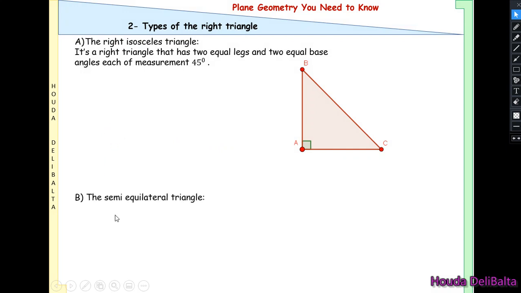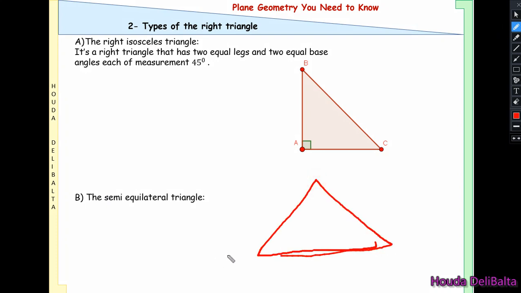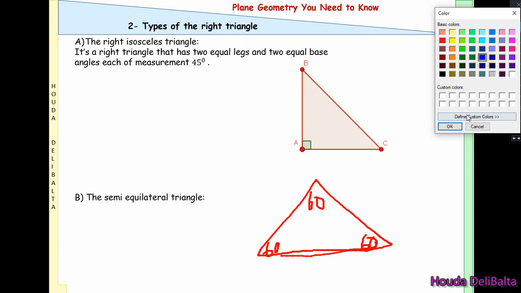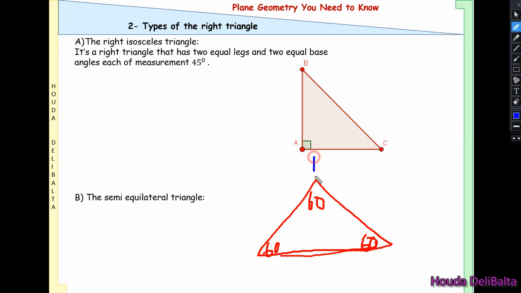We have the semi-equilateral triangle. What do we mean by the semi-equilateral triangle? If we have an equilateral triangle whose angles are 60, 60, and 60, the semi-equilateral means a half equilateral triangle. So if I'm going to divide this triangle by half,